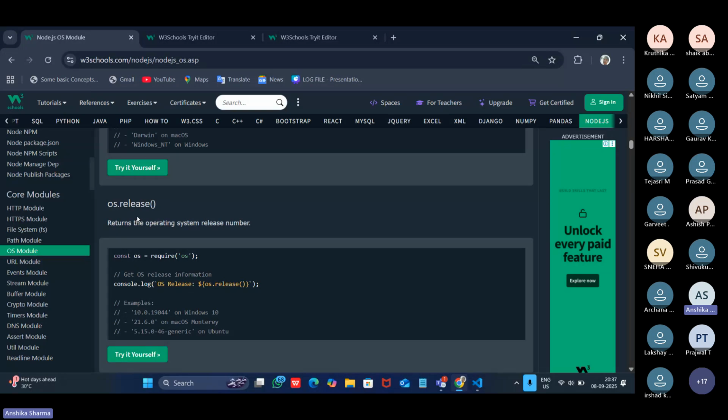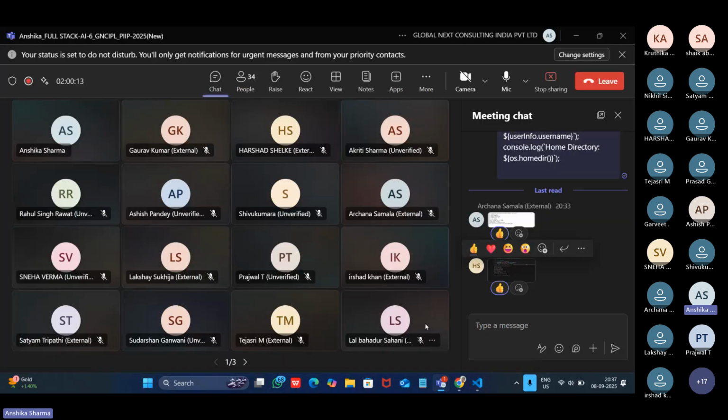Next is os.release. It gives me my operating system release number. This kind of format is for Windows, while a format like 21.6.0 is for Mac OS, and Ubuntu has a different format.